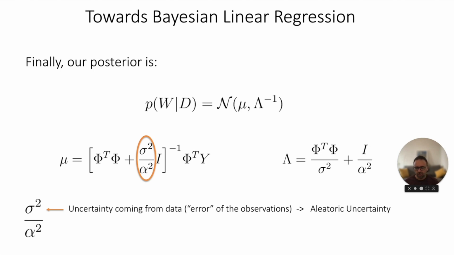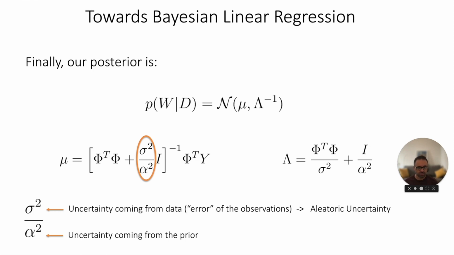For example, if we are reading the measurements from a telescope, the telescope by design has its own error coming from the instrument, and that's something we cannot deal with and is part of the uncertainty we need to manage when we analyze the data. This term is the uncertainty coming from the prior, telling that, you know, before I see any data, I also have some beliefs around our parameter W. So you should take that into account, and that's part of the uncertainty also later when we are in front of data. So these two terms are combined here and are modifying the optimal value we found before in the